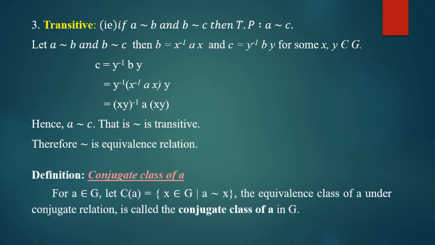The last definition of this session is conjugate class of a. For a in G, let C of a equal the set of all x in G such that a tilde x, that is, every element of G satisfying the conjugate condition with a. Then those elements are all collected in this set, capital C of a. The equivalence class of the conjugacy relation is this set, and we get the conjugate class of a, that is